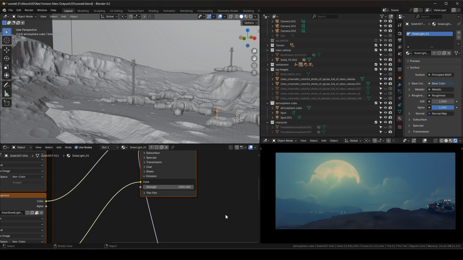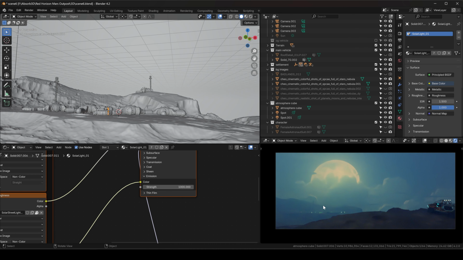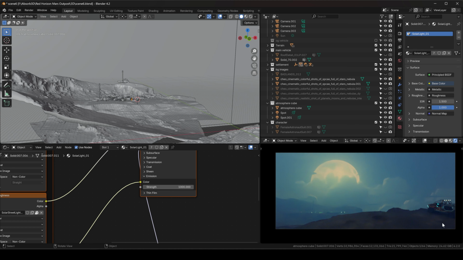Yeah, so while this sort of comes up, I'm going to keep working this area here because I think we could add a little bit more, maybe make it a little bit more complex, bring more interest in there. The foreground is almost there. We got the character in. Maybe we need to play with the actual